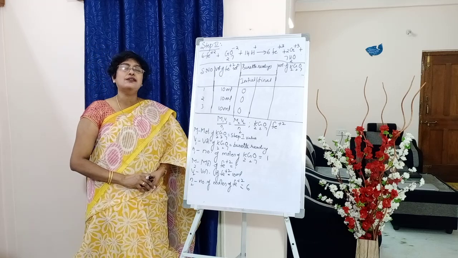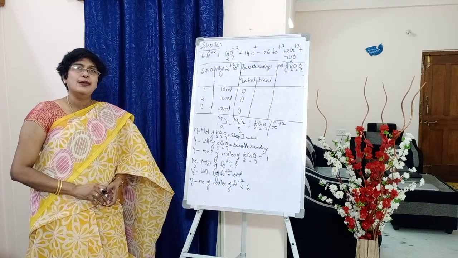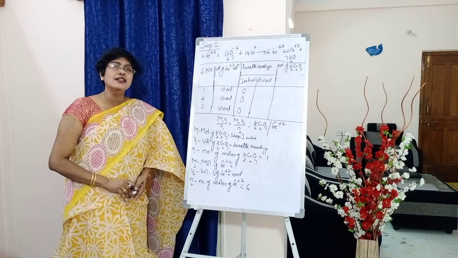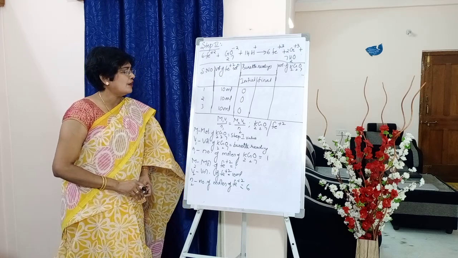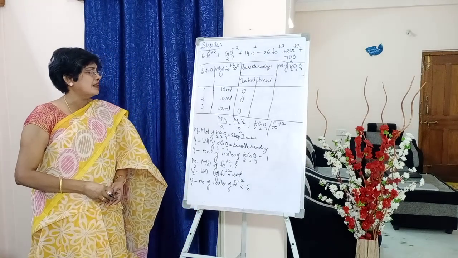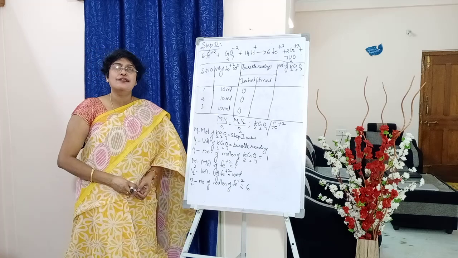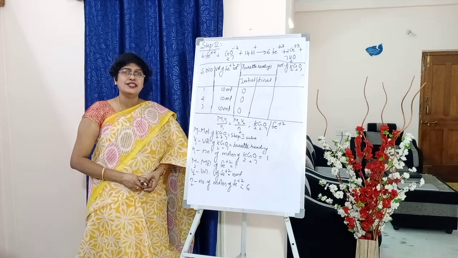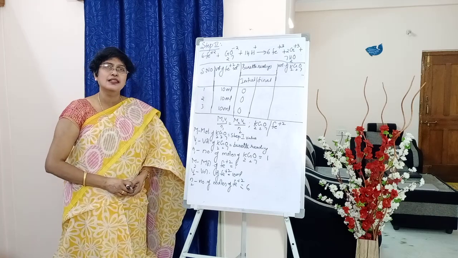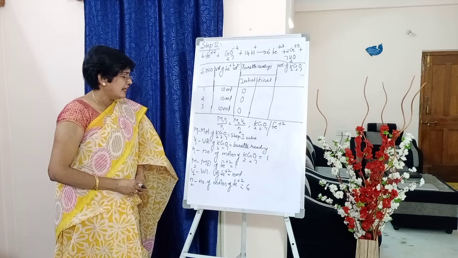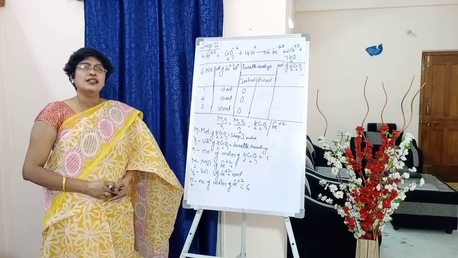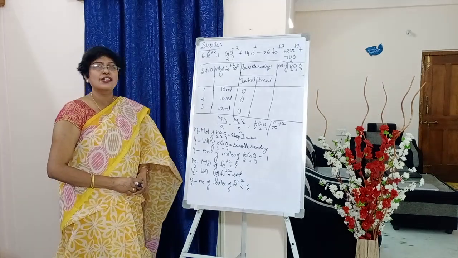Next, below the table, write down the formula. M1V1 by N1 is equal to M2V2 by N2. Below that, write down K2Cr2O7 versus Fe+2 ion solution. So below write down, students, M1, we take molarity of K2Cr2O7. So this is from step 1, you can write the value here. Next V1, volume of K2Cr2O7, that is the burette reading. Next N1, number of moles of K2Cr2O7, is equal to 1 from the reaction.